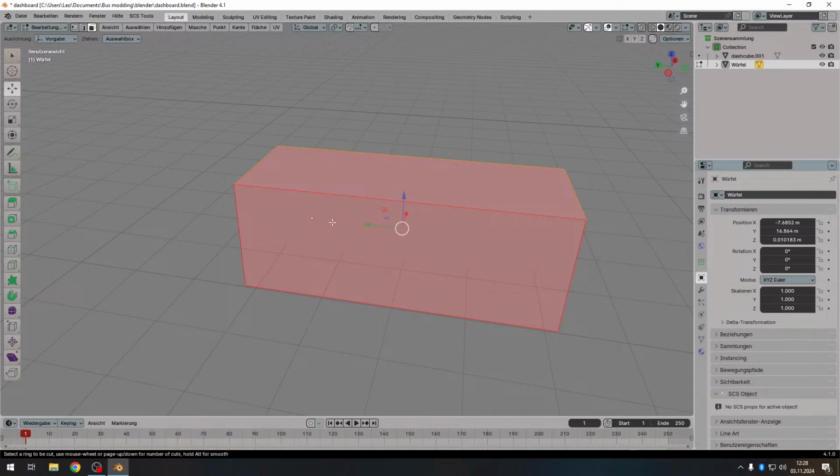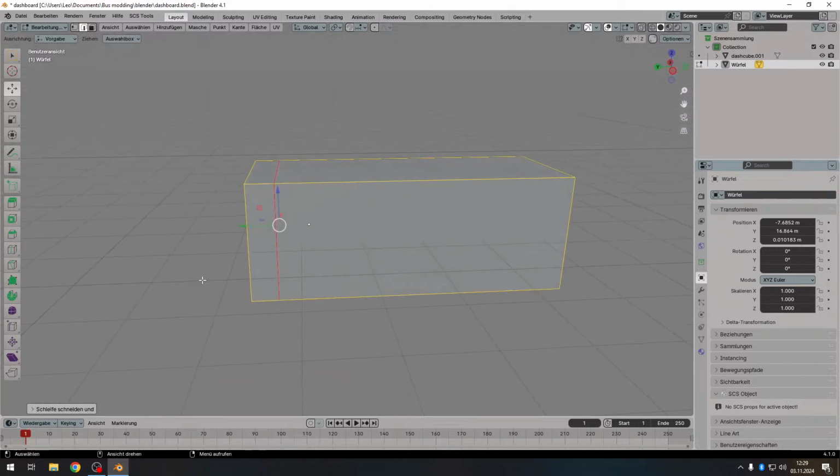I guess it makes more sense to do it only. Select a ring to be cut, yes. No, yes. I basically want the ring to be here, make it like that size. Now,